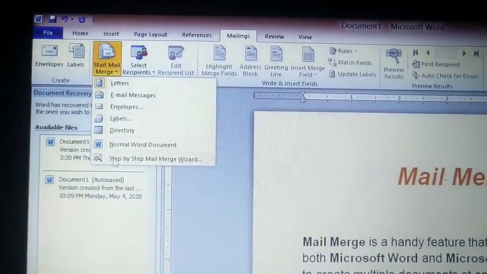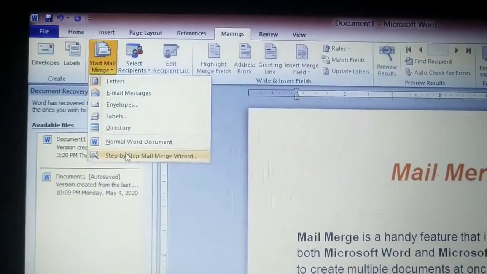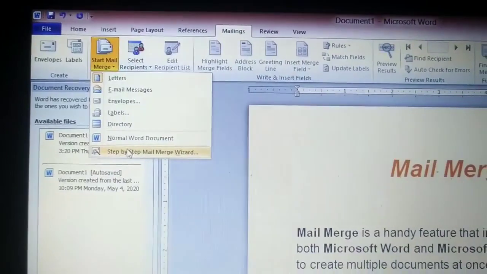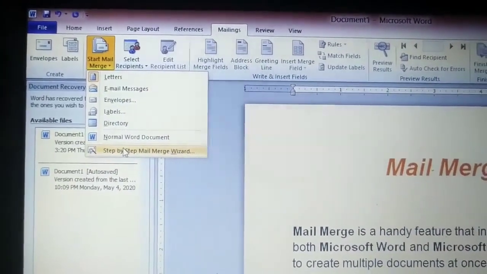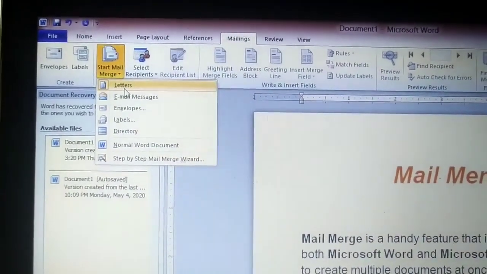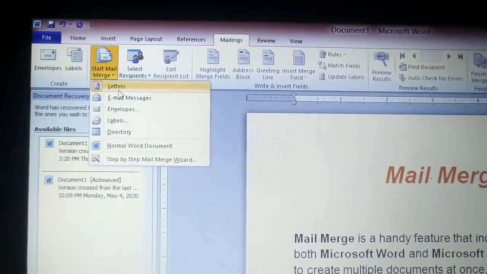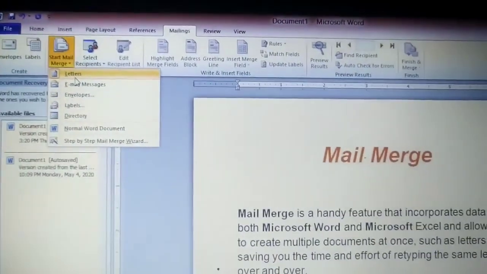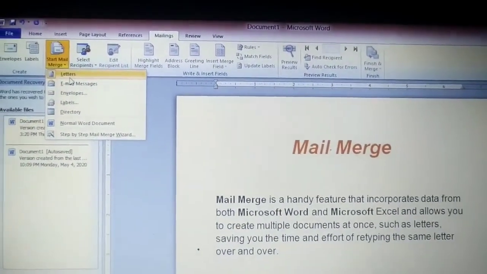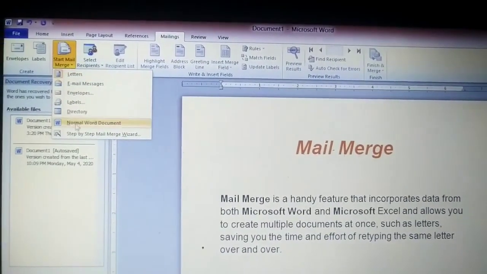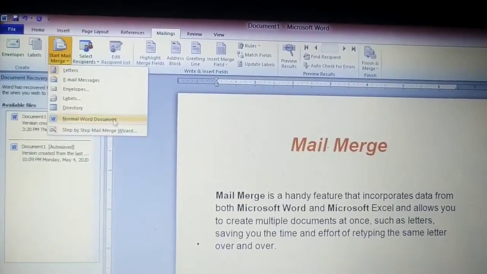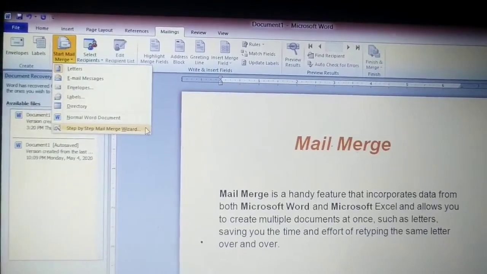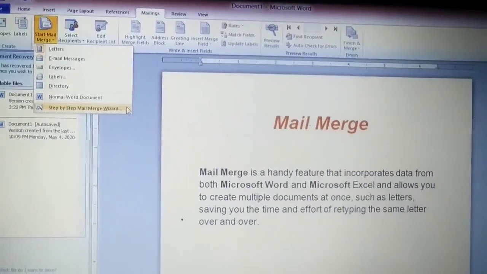There is an option called Step by Step Mail Merge Wizard. Using this you can start, or using the separate option called Letters, and we can proceed. So in these two ways we can proceed. Today we will learn how to proceed with the step by step mail merge wizard.